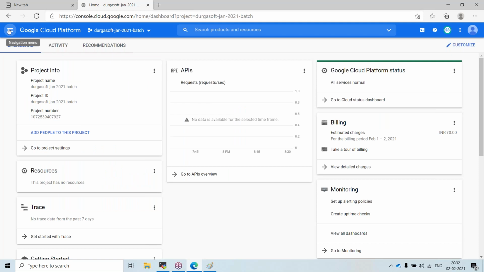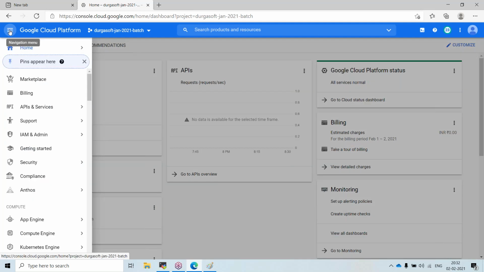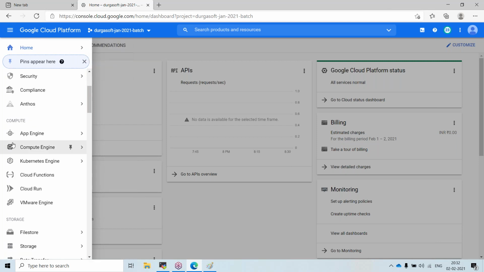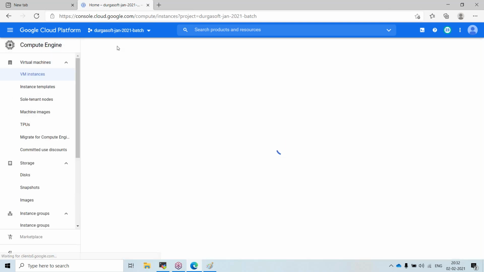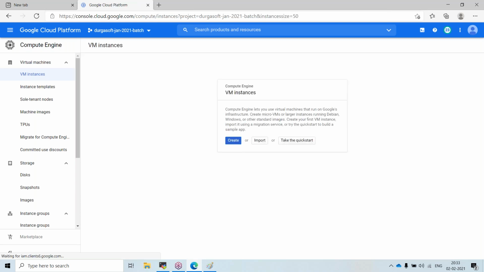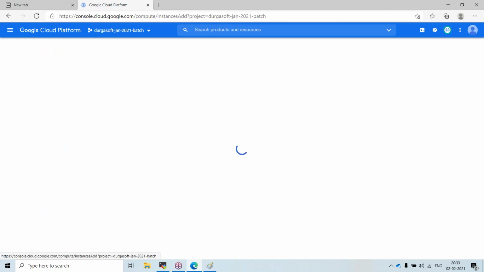Okay, so we'll go into the lab. Now in Google Cloud, on the left side we will have the navigation menu. In that, if I want to spin up an instance, I have to go to Compute, where there is a service called Compute Engine. In Compute Engine, in VM instances, I have to create the instance. Whenever I create for the first time, this page will come. I have to click on create and wait for a couple of minutes.